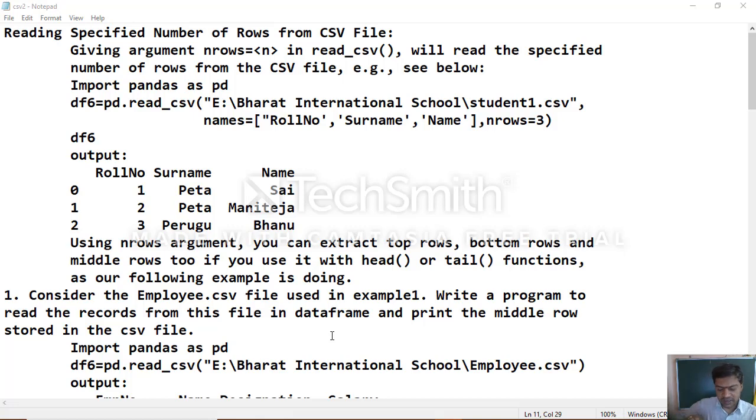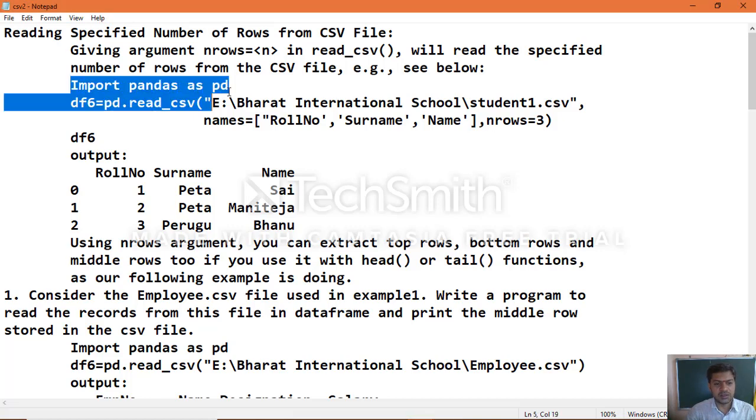You can see the example program. First we need to import the pandas module, that is the library, whenever we are executing the application.